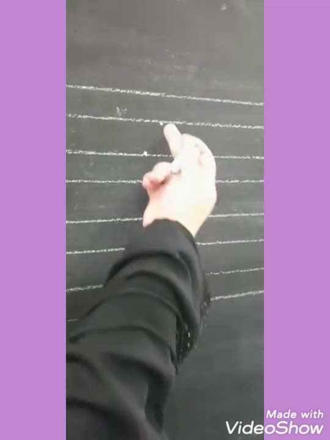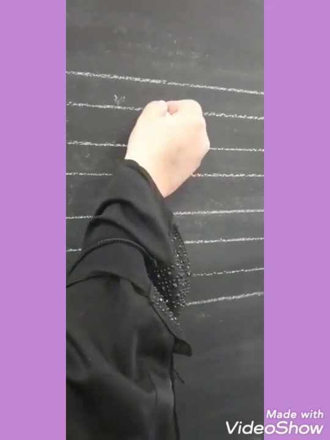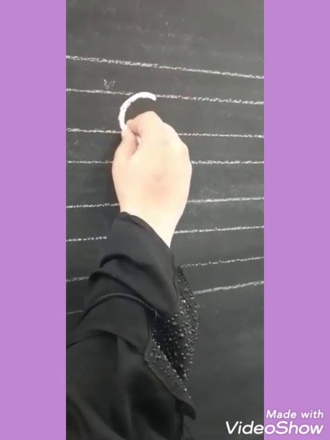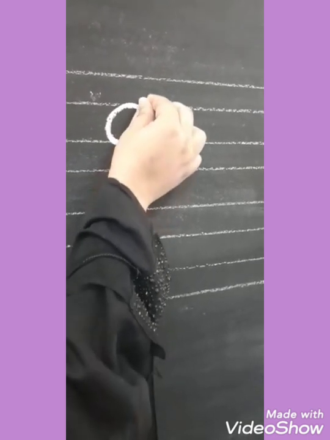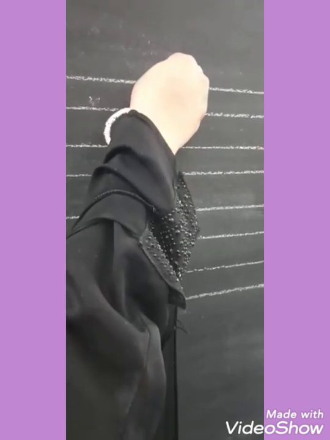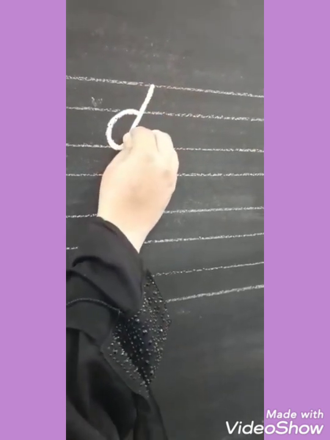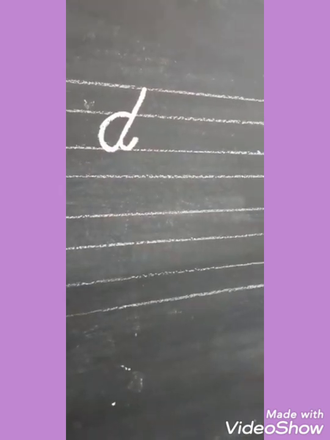Next letter is small letter D. D start like small letter A. You have given two slant dots like this. Put the pencil on the second line. Round your pencil, come down, stop at this dot. From here, my dear student, you have to go up in a slant, touch the first line, come down in this same line. From here, like A, you have to make your tail, little up to the line, D.